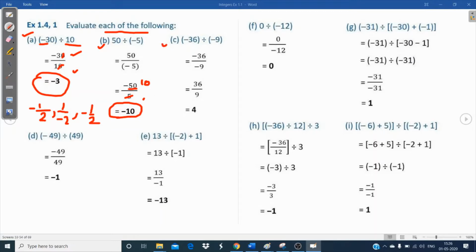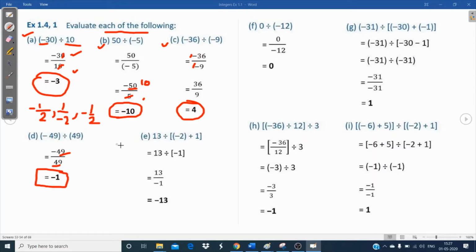Now in the third part, minus 36 divided by minus 9. Now this minus sign will cancel out. Now 9 ones are 9, 9 fours are 36. So what final answer will you get? 4. Fourth part, minus 49 divided by 49. Now this 49 will be reduced. So what will you get? 1. Now since the minus sign is there,